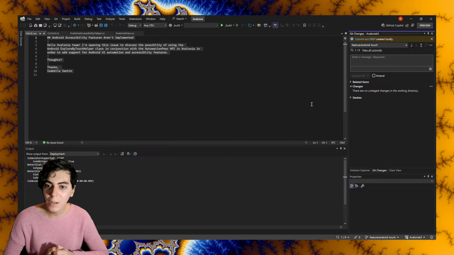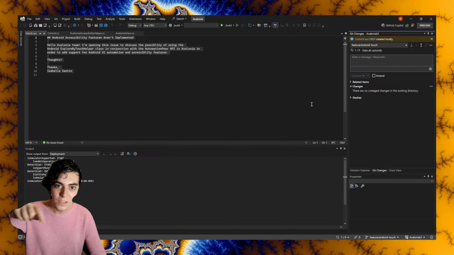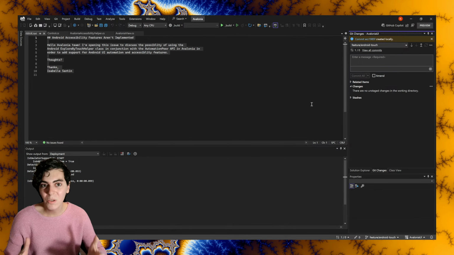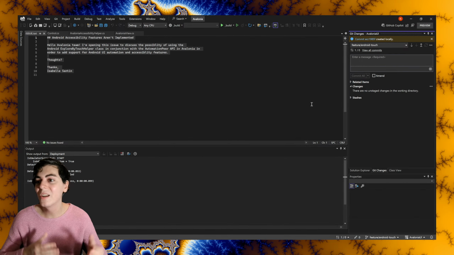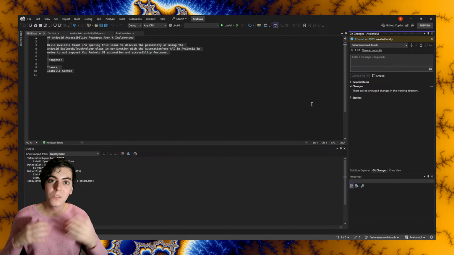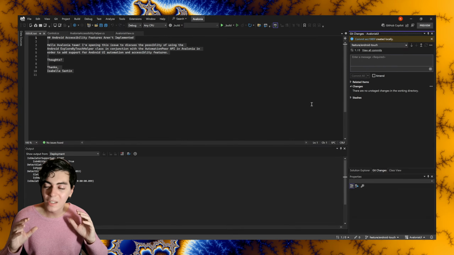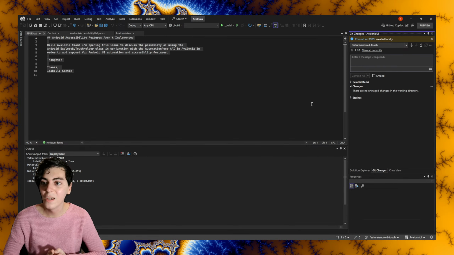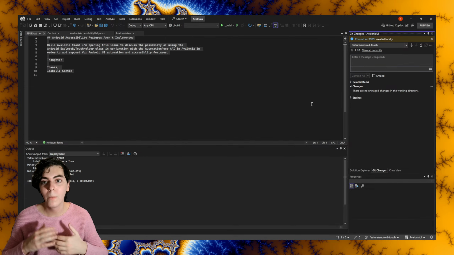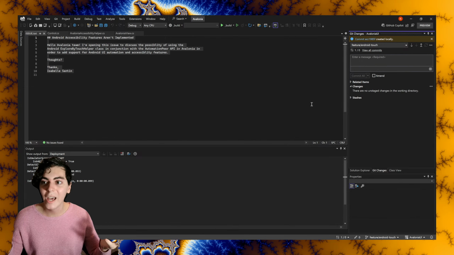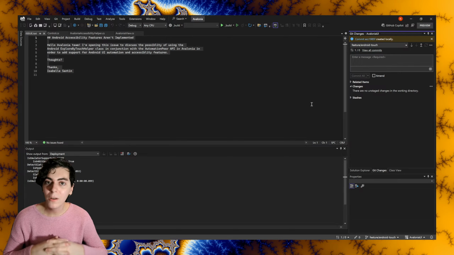And what I really want to bring home here, the point that I really want to drill into your brains, is that accessibility is really important in software. And it's not just for people with disabilities. It's for everyone. When you create accessible features and use accessible design in your software projects, it benefits everyone because it gives people more options on how to use your app in a way that is meaningful and works for them the best. And so when you're thinking about accessibility